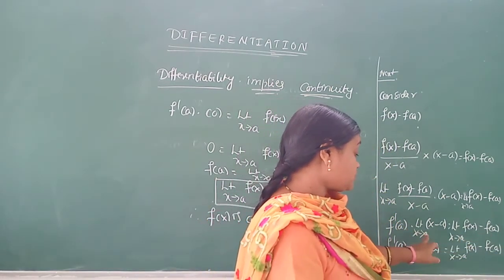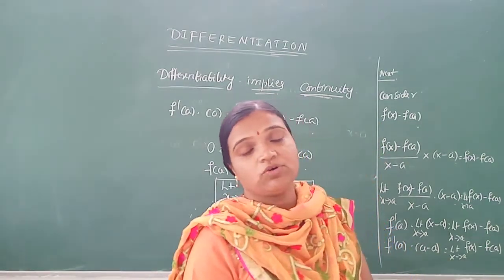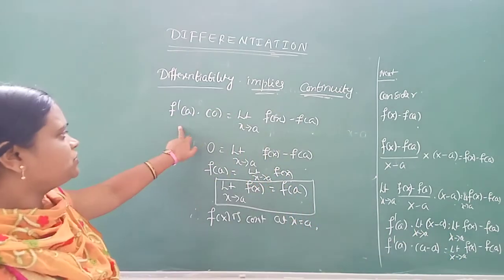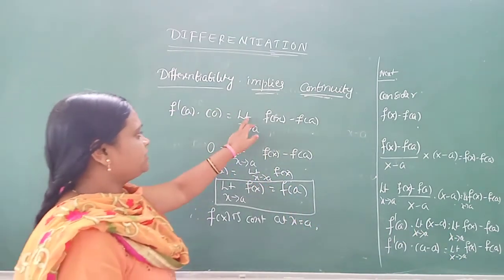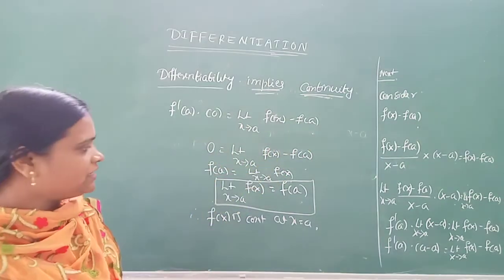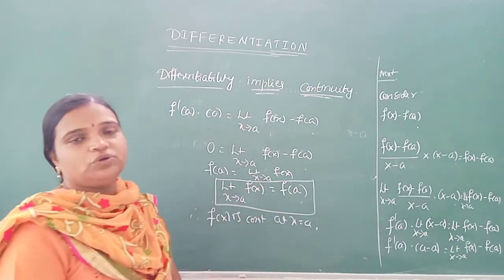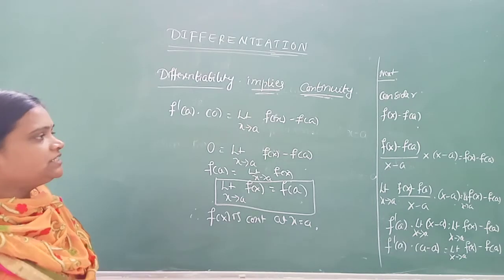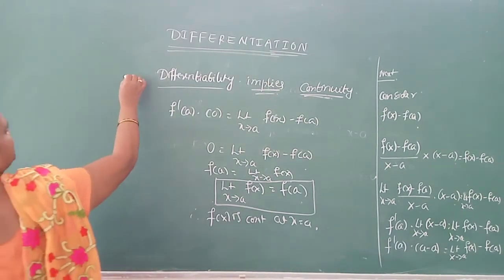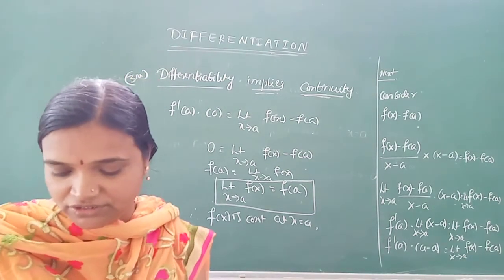But substitute x as a, what do we get? a minus a. What does a minus a represent? 0. 0 into anything is 0. Correct. Therefore, f dash of a into 0 is limit x tends to a, f of x minus f of a. Or take f of a to the left hand side and get limit x tends to a, f of x, or limit x tends to a, f of x is equal to f of a. Means this implies continuity, and such a theorem is asked in the exam for a 3 marks question. Remember that. Please perfect it.